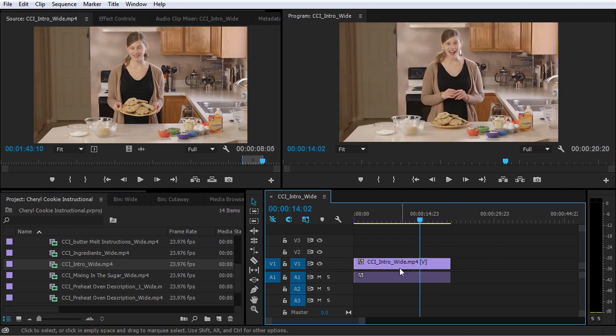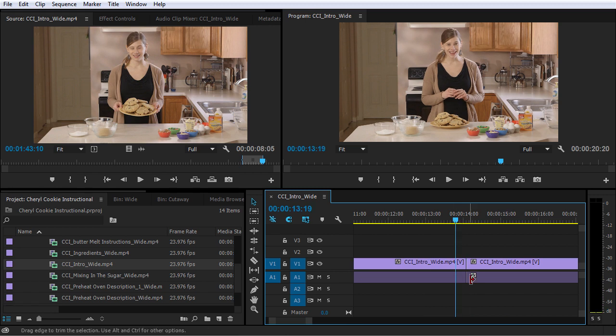Another way that I can do a very similar thing is with the keyboard shortcut Control-K. Now, if I zoom in here, and I move the playhead back, you can see that I have added an edit, which did a very similar thing as the razor tool. Now, this is a little bit different than grabbing the razor tool and slicing this clip because Control-K only adds